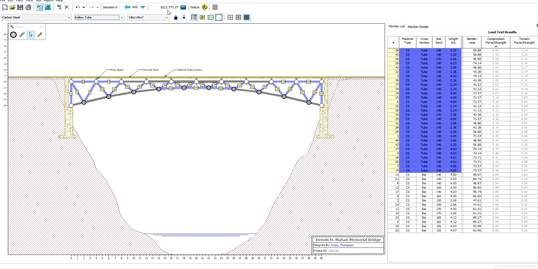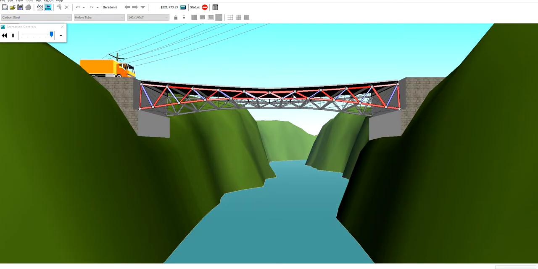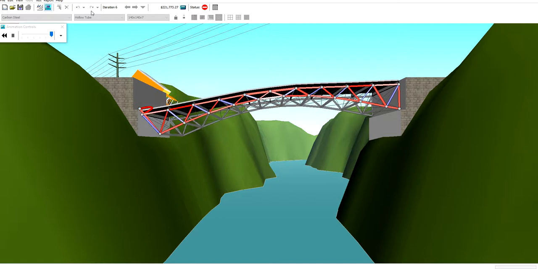Look, my price has dropped down to $221. Load test. Now I'm going to have some failures, so all I'm going to do is iterate this process just